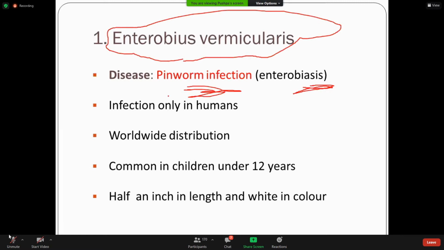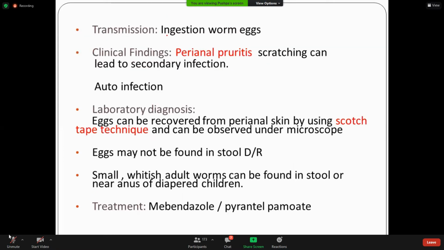Okay. So infection only occurs in humans, with a worldwide distribution, common in children under 12 years, and the size of the worm is half an inch, and they are white in color. Okay. So transmission is through the ingestion of worm eggs, and clinical findings will be perianal pruritus, because this worm oozes certain